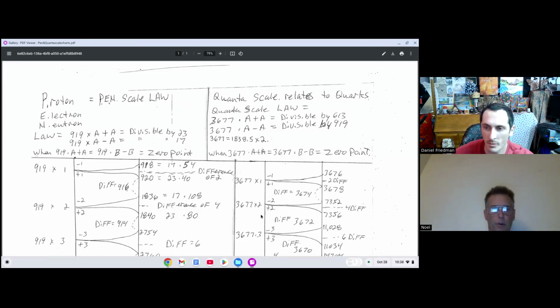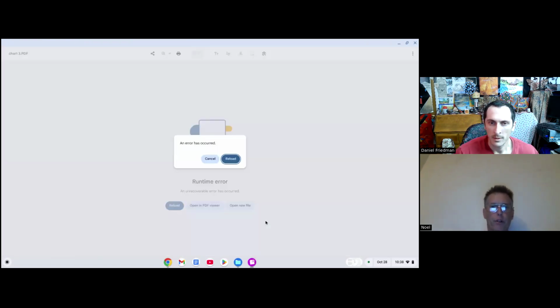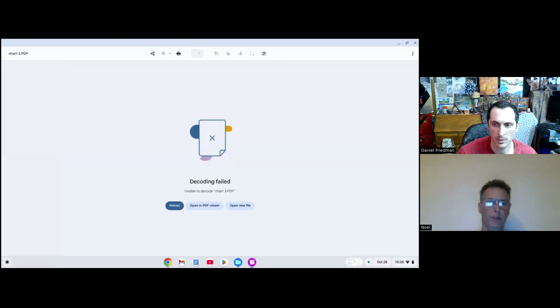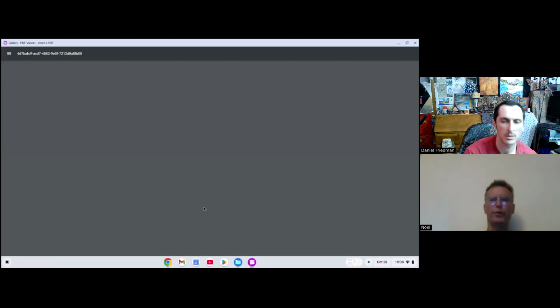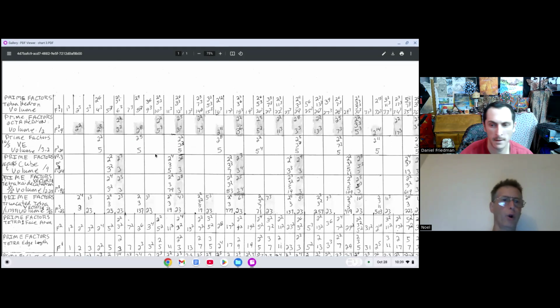Let me open another one because it's kind of important. I know you want to follow this. So, okay, remember the first chart that I showed you? It gives all of the total numbers of the tetrahedrons, numbers 1, 2, 3, 4, 5, 6, 7, 8, and then the triangular numbers 1, 3, 6, 10, etc. I just showed that to you a few seconds ago. Okay, so here's a chart which shows how all of those totals then are broken into their prime factors for all the different volumes.